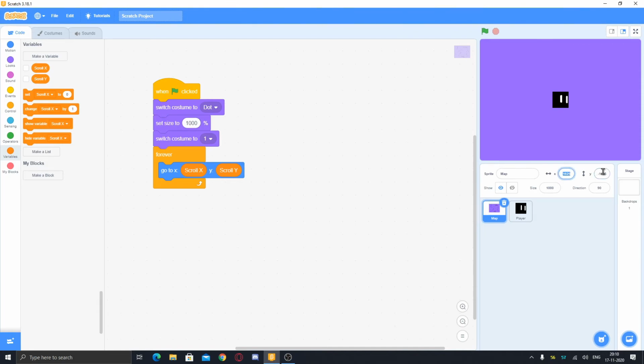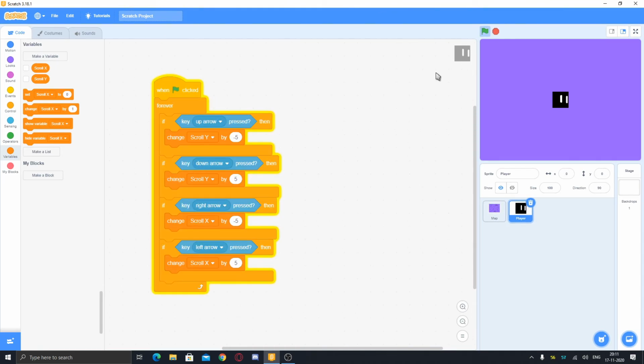Here you can see it is in thousands, as Scratch doesn't have that, but we can exceed the Scratch size limit by doing this. And so this is scrolling, and you can also increase speed by putting -20, then 20, -20, and then 20. So now you can see the speed has increased, and I can now move out and in anywhere I want.